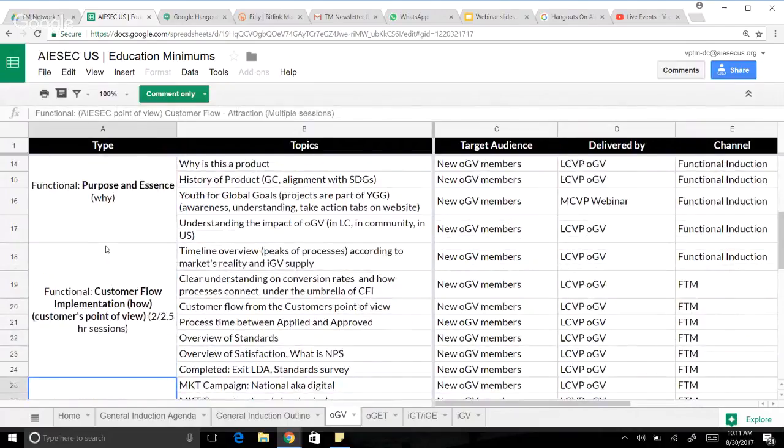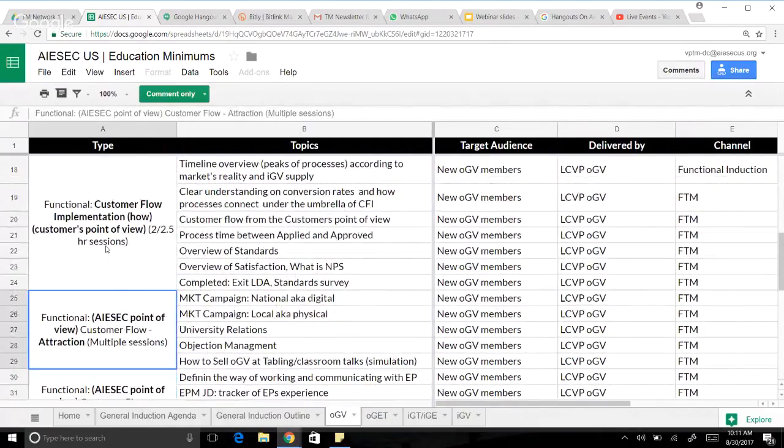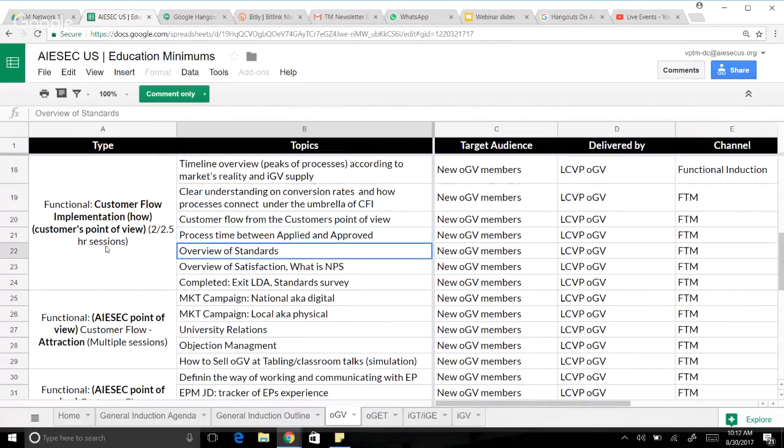And you just go through and see all these different topics. I know it looks like a very long list, but honestly, a lot of these can be combined into one session. You can probably do five to ten of these in a one-hour session. The other thing I need to mention is that you as VPTMs are not responsible for delivering these sessions, but you are responsible for sharing this tool with your VPs of exchange